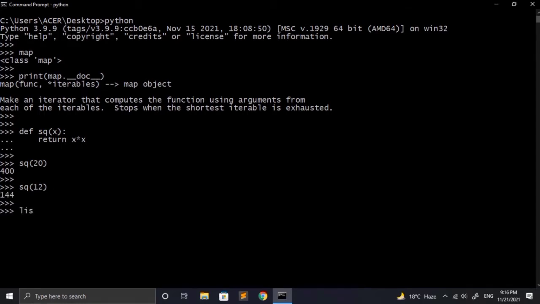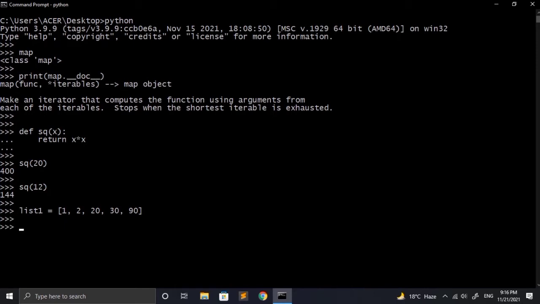Now let's suppose that we want to apply this function to a whole list. For that we have to make lots of changes because we have to iterate over the list and send elements one by one. Using the map function we can achieve the same functionality in one single line. Let's make a list and then provide the values inside it. Keep in mind we don't have to provide string based values, otherwise we will get an error.